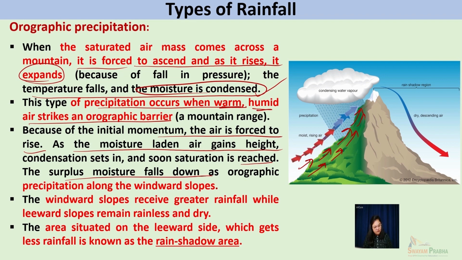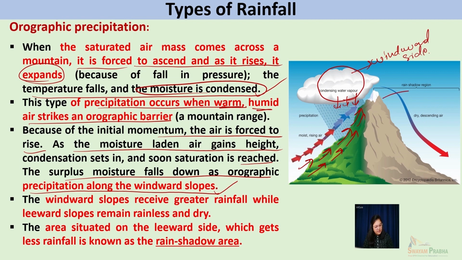The surplus moisture falls down as orographic precipitation along the windward side. So as this particular parcel of air rises, it cools down, it condenses to form clouds, and precipitation takes place in form of rain. This particular face of the mountain which receives the rainfall is called the windward side,